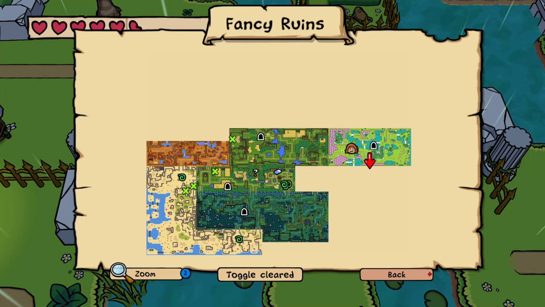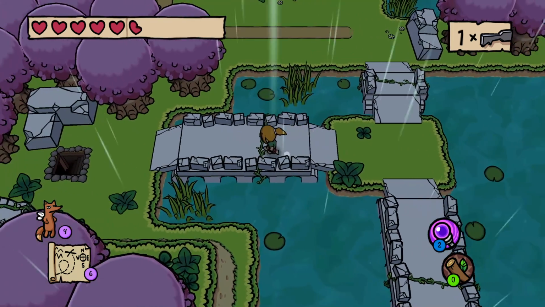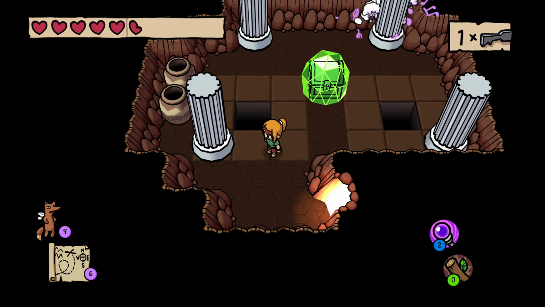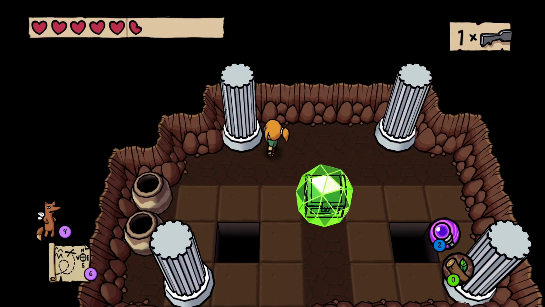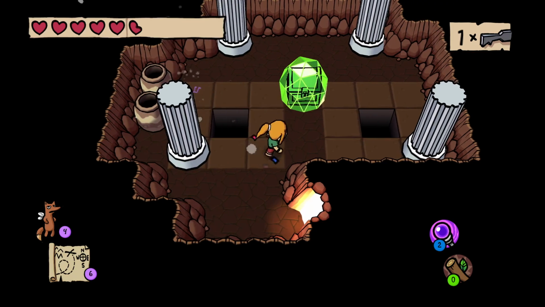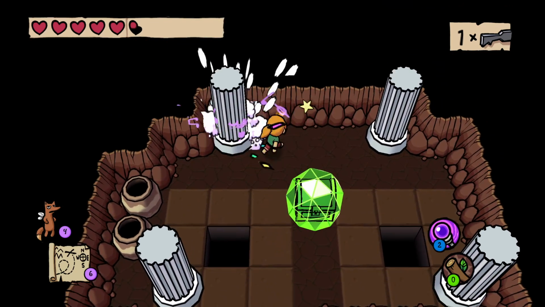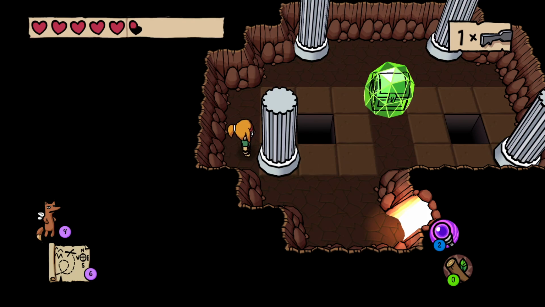It's nice that there's checkpoints so that you're not having to wander around ridiculously far distances. 1, 2, 3, 4. We're running into a problem here, because they put a